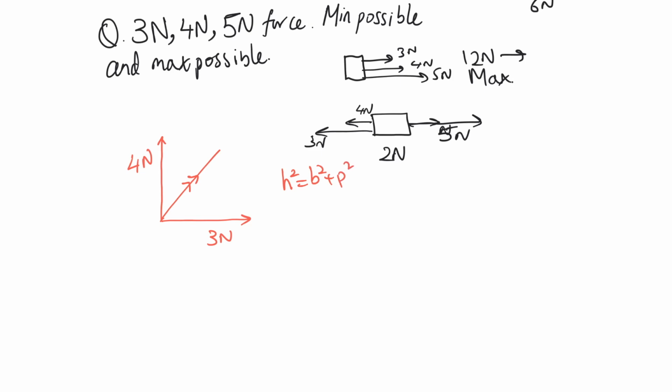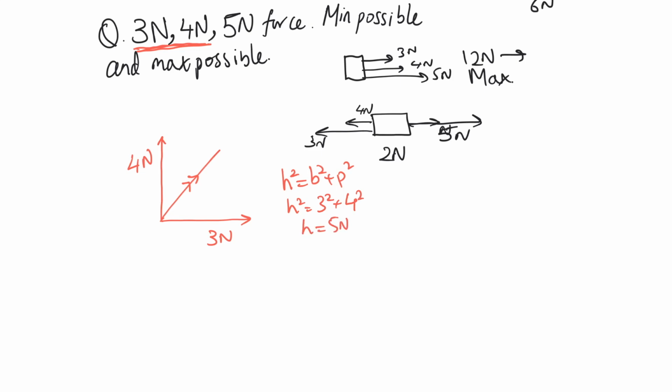Please bear in mind that right now I have only used these 2 forces. I haven't used the 5 newton force. This one is lying empty, I haven't picked it up yet. I'm just picking up these 2 and I'm finding their resultant over here using this rule. Hypotenuse squared is equal to base squared plus perpendicular squared. So hypotenuse squared, you have to find, base is 3 and the perpendicular is 4, so the hypotenuse would be 5